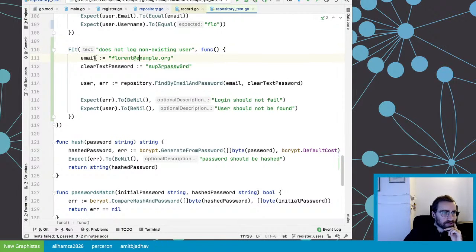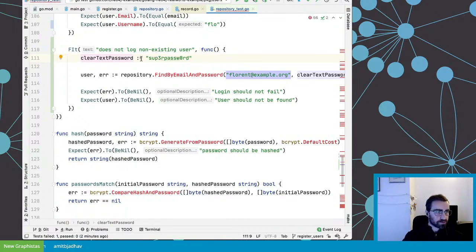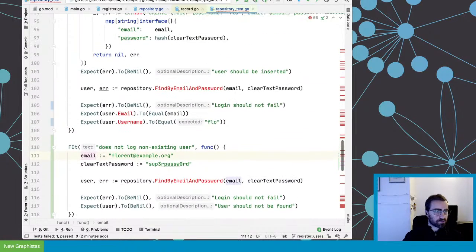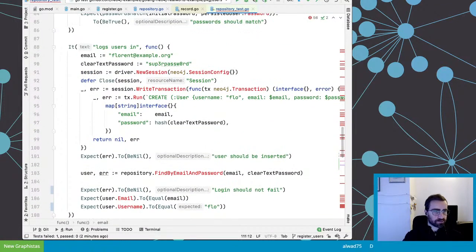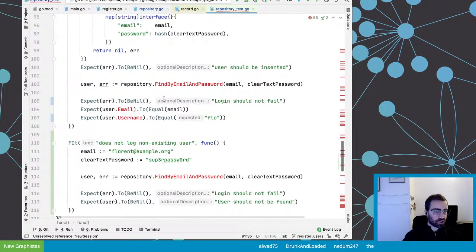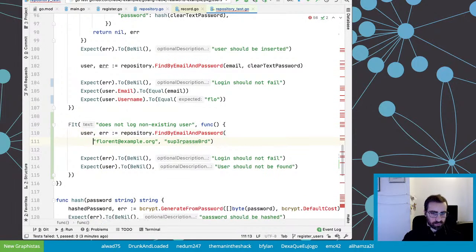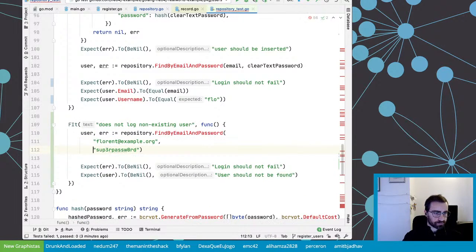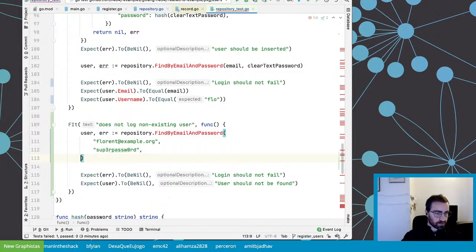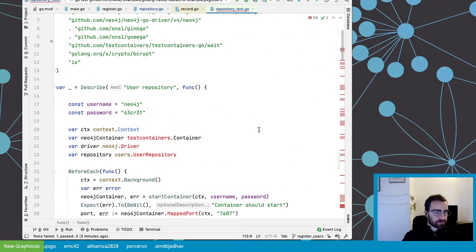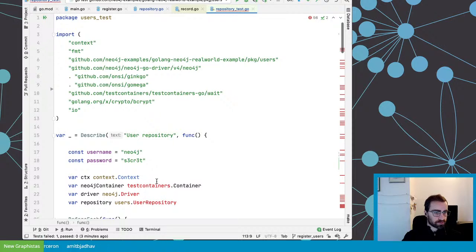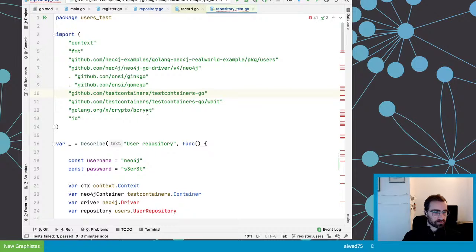So I have this email, and actually we can inline it because we don't really care. And oops, what happened? How did I break the other test? Maybe just a Golang bug. Yeah, okay, some weird thing happening here. So that should be enough. So why is it red all of a sudden? Why did I lose some? Okay, for some reason, I guess an import went away for reasons beyond me.